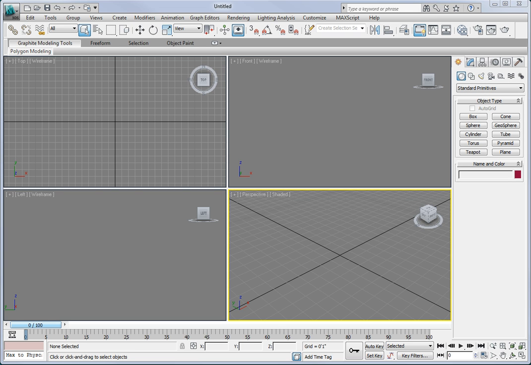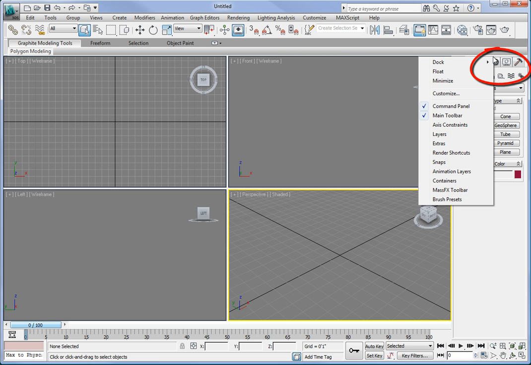In the 3ds Max interface, place your cursor at the top of the command panel so the icon looks like an arrow with a small double box. Right-click and select Minimize from the menu. This will cause the command panel to roll up to the right side and provide a few more inches of